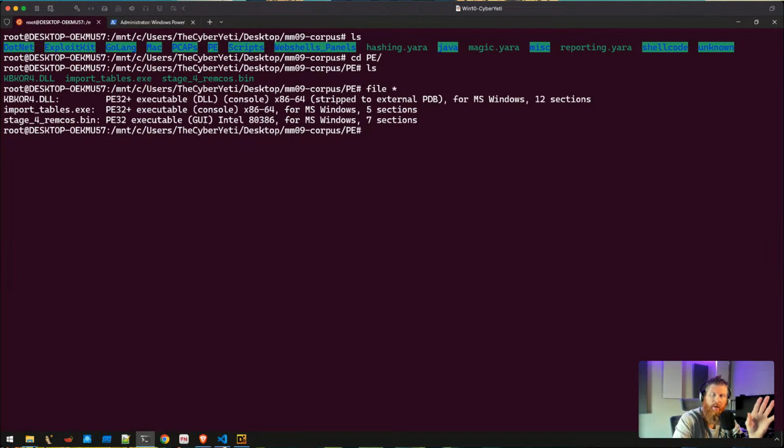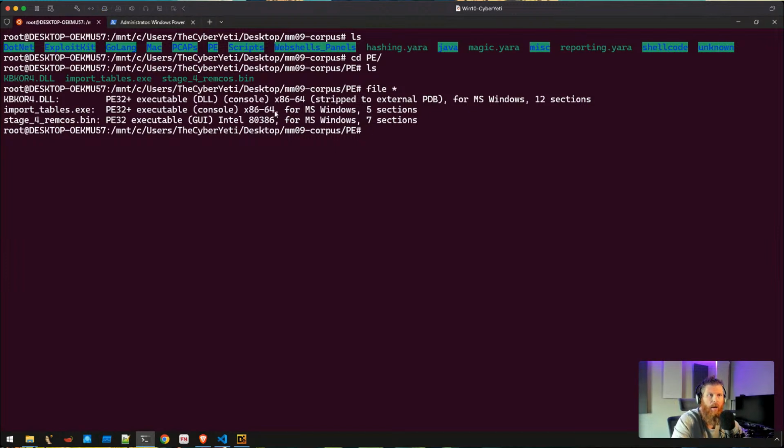Now, PE files are interesting in and of themselves because we have different types of executables or different considerations within the PE file itself. So we have 32-bit versus 64-bit. .NET files use the standard PE file format. We have Golang binaries. They're still PE files, but if we detect the PE file that we're investigating as a Golang binary, then that kind of changes the approach. It changes and adds some considerations and typically some challenges to our analysis. So those are all really good things that we want to be able to recover as part of this file identification.